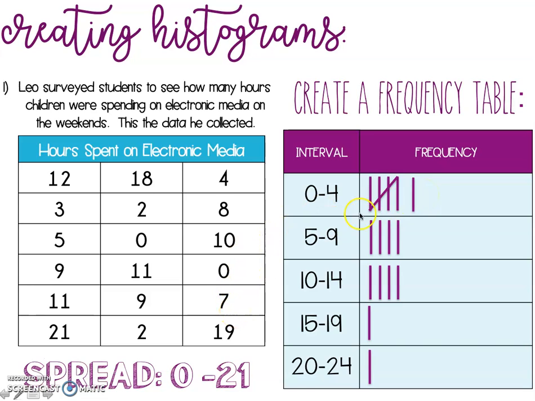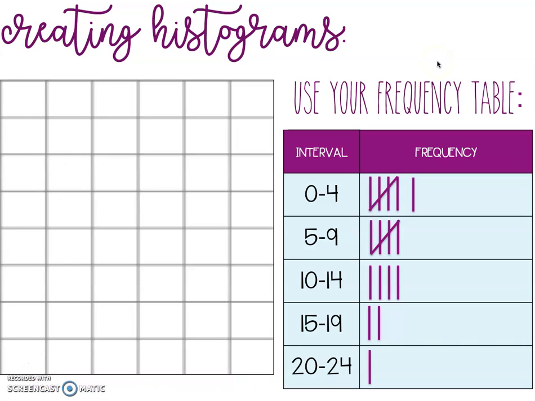Then I have a 7, which makes our 5th one here, so it's a cross, it's a bundle. And then we have a 19, so that falls in our 15 to 19. Okay, so this is our frequency table, and that tells us how frequent these intervals appeared. Okay, all right, so now that we've made our frequency table, we're ready to actually use our frequency table to